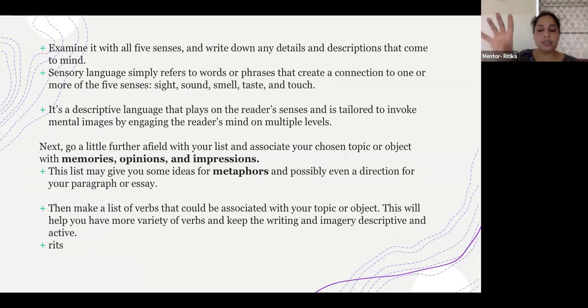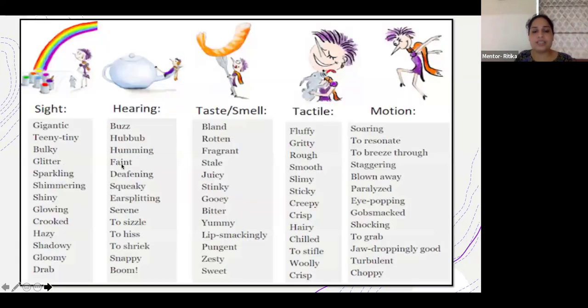Then you keep on inserting the sensory details as and when you describe the setting or the environment or your feelings, and then your impression. Slowly you come down to your impression, how you are feeling, what memories are associated with that place or with that event. And in the conclusion you just give a strong statement reiterating something, or reflecting on the situation or on the landscape, like that.